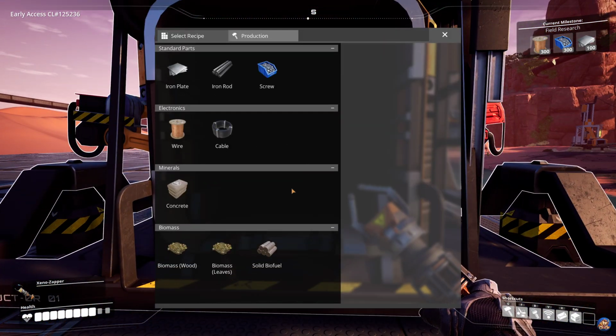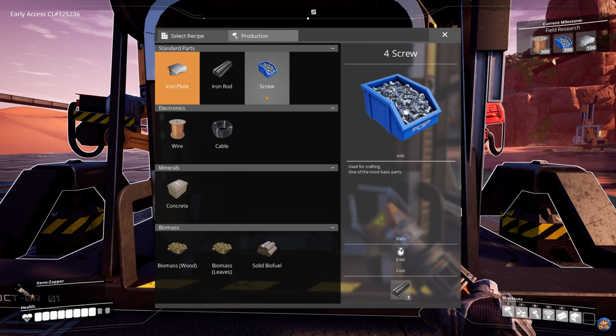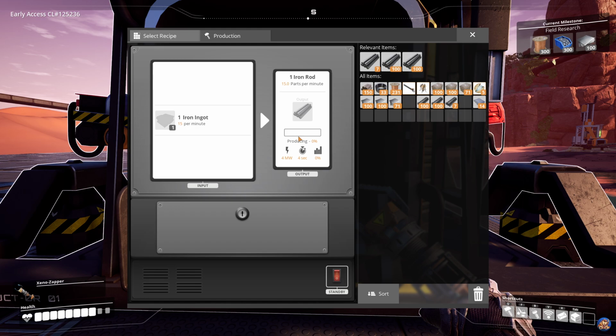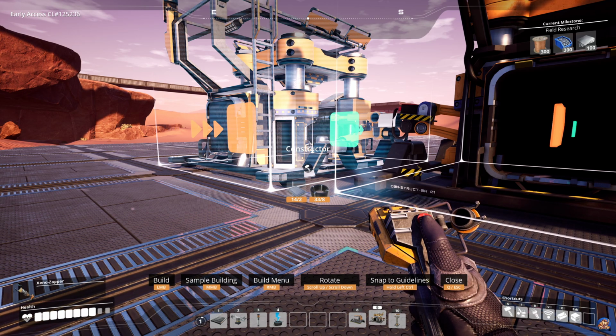So this line here I want to have producing iron plates. Now, each of the iron plate constructors will require 30 ingots per minute, which basically means that one Mark I belt is enough for 2 of these constructors. When it comes to the other part that we need to manufacture, which is the iron rod, one belt, as you can see, will supply 4 times 15, which is again 60, because 60 is the number of items a Mark I belt is capable of transporting per minute. So let's just start with 2 of these here,